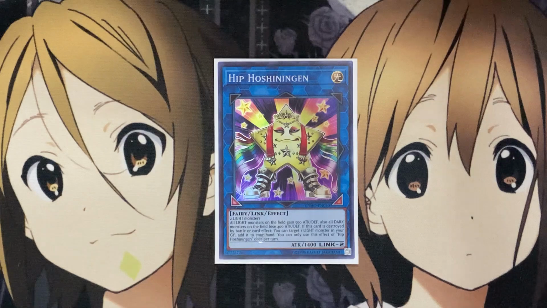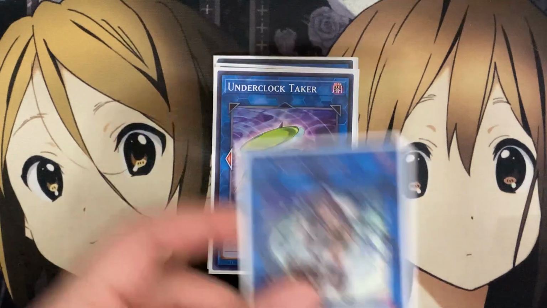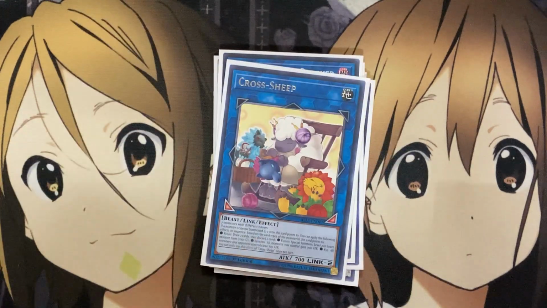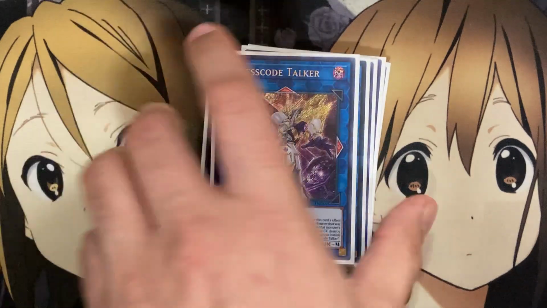I run 1 Hippo Shenengan. The extra deck is pretty much generic, just some cards you can go into if you have the options and you're not limited with the incantations. But 1 Hippo Shenengan, 1 Nightmare Cerberus, 1 Nightmare Phoenix, 1 Underclock Taker, 1 IP Masquerena, 1 Barricade Board Blocker, 1 Cross Sheep, 1 Security Dragon, 1 Link Karibo, 1 Nightmare Unicorn, 1 Borlo Dragon, and 1 Access Code Talker